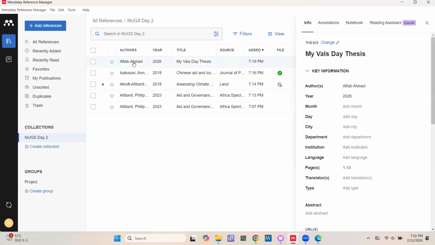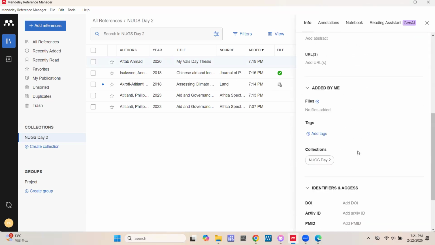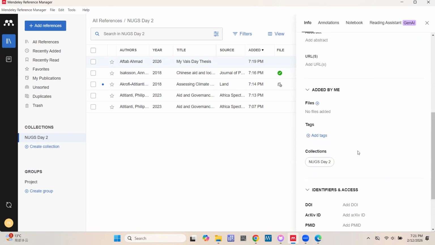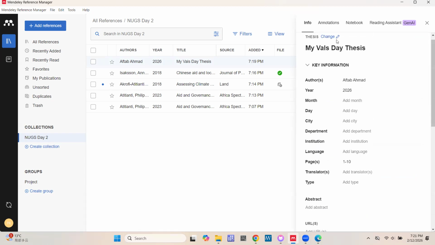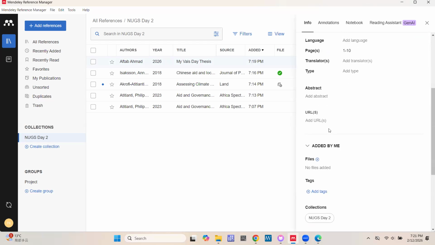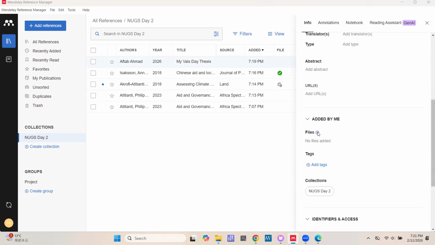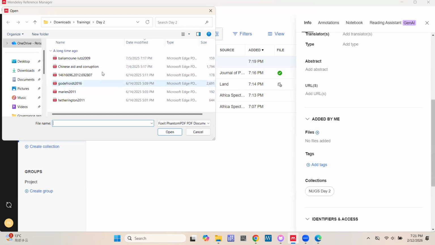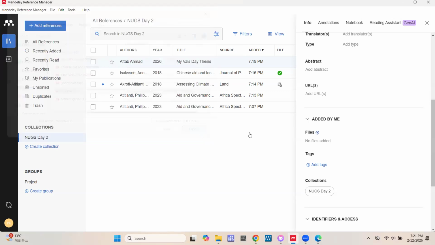So now we are able to create our custom file, right? Once we click on it, we see the information here, see everything over here. And then you can make the needed change by clicking here and then making all the needed change. Now, after filling this information, you can add the file. So here, if you click here, you can add any PDF or any document that you want to associate with this custom entry. We just click and then add, and then the file will be associated with this one. And you realize that it will also give you a PDF icon over here.